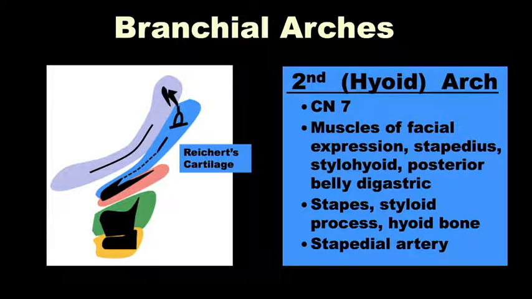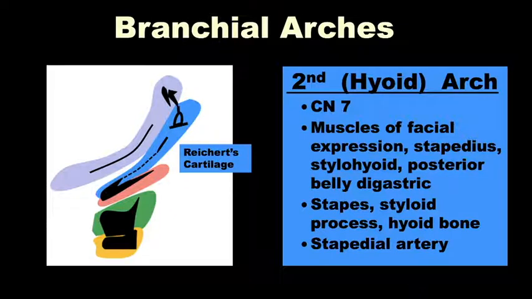The second arch, or hyoid arch, gives us the 7th cranial nerve and all of the muscles that it innervates, and Reichert's cartilage forms the stapes, the styloid process, stylohyoid ligament, and the superior hyoid bone. We also have, from the second arch, the stapedial artery, which we know in most patients will